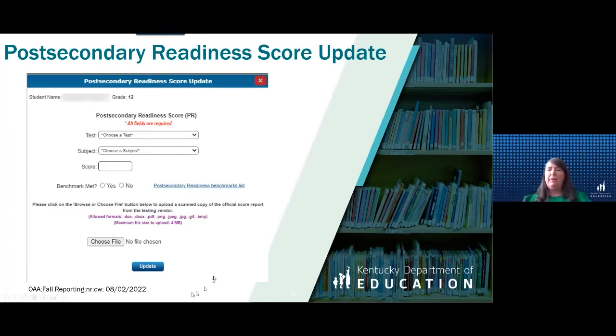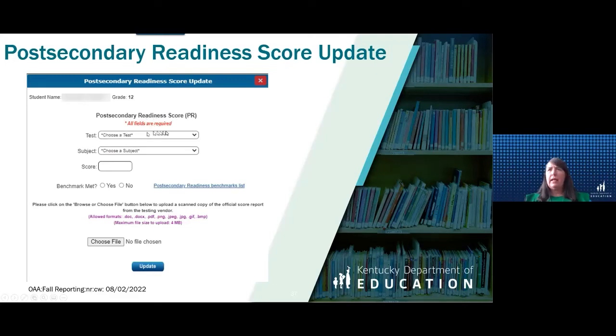And this is what happens when you click on that to update something. It'll have the student's name, their grade, which is 12, because remember, post-secondary readiness is for grade 12 students. And their post-secondary readiness, it'll say post-secondary readiness.